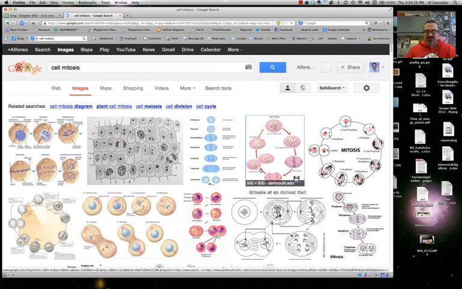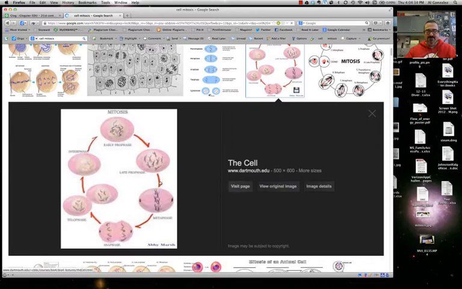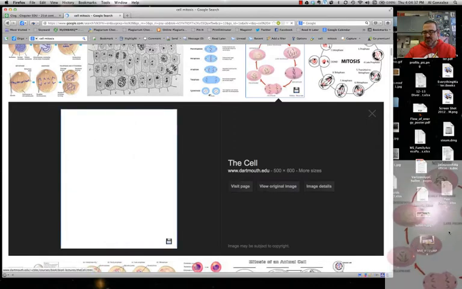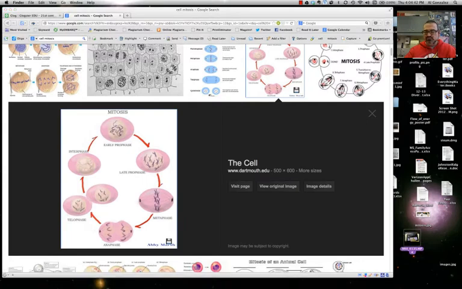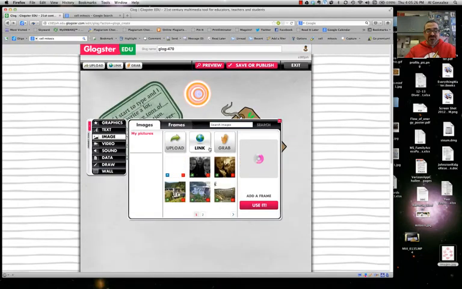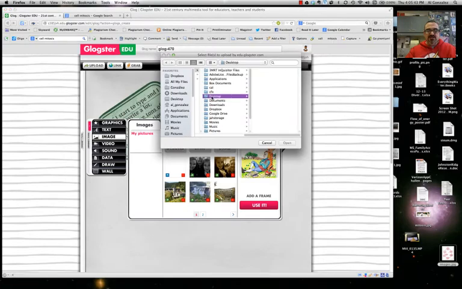So there's one with all the stages that looks kind of nice. And I'm just going to take that image, drag it off to my desktop. Go back to my glog here. So under images, you can go to upload or link. If you have a link, you can put the link in there. But if you have something you got on your desktop, just go to upload, click on desktop,